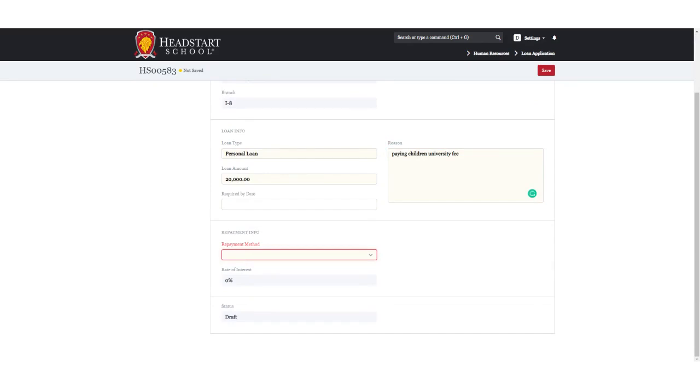One is the repay fixed amount per period, whereby you would have one numeric figure fixed for each of the periods in the future for which you would repay the amount of loan. And on the other hand, the amount would be non-fixed. Let's assume you pick the option of fixed amount per period and you select 1500 as the fixed amount per every period that you would repay for the loan that you have taken. You would save the application and this would also be reviewed by your supervisor.